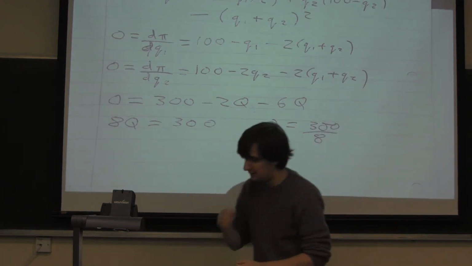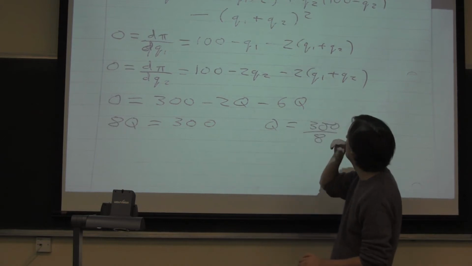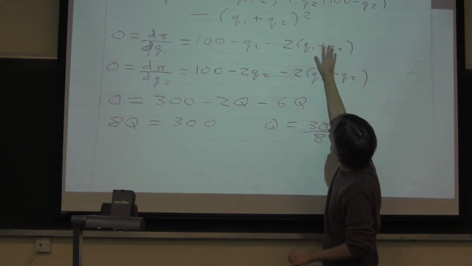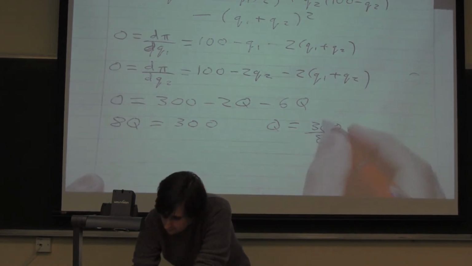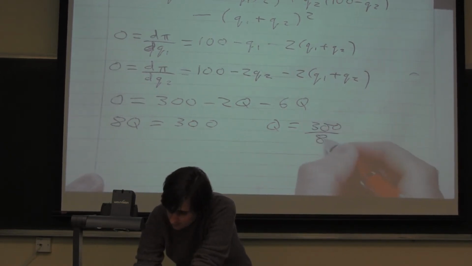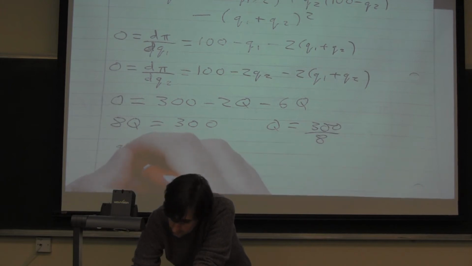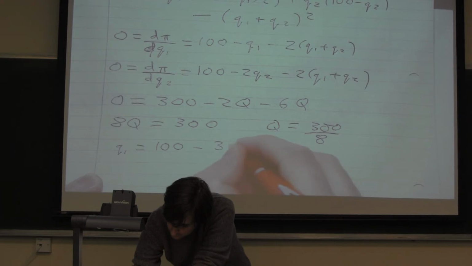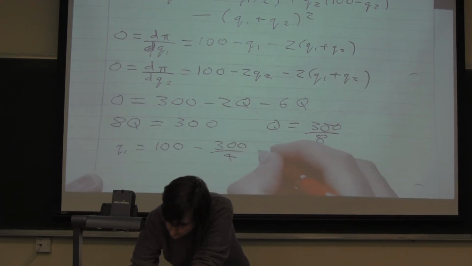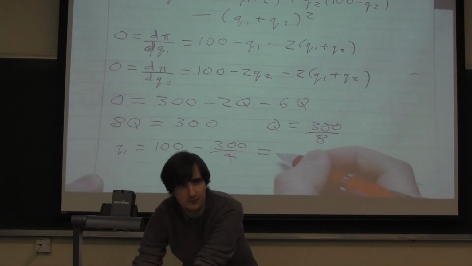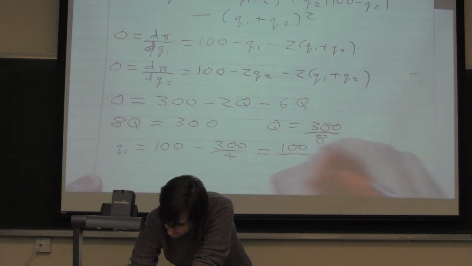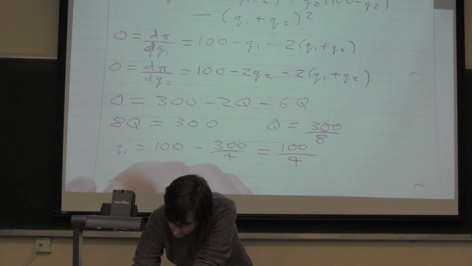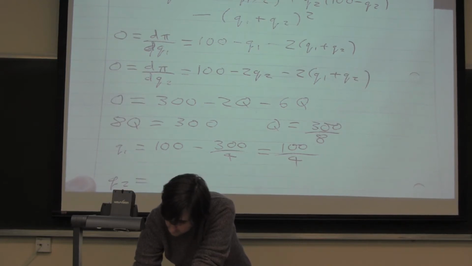And then knowing that, we can just plug in. So this split is 300 over 8. 2 times it is 300 over 4. So Q1 is 100 minus 300 over 4, which is 400 minus 300 over 4, which is 100 over 4. And Q2 is equal to